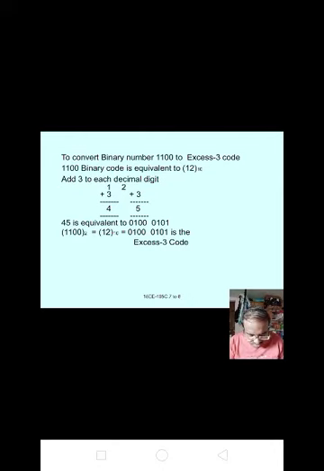That means here we are using 8421 code. 8 plus 4 is 12, so we are taking that value. Now we add 3 to each digit, 1 and 2. 3 plus 1 is 4, 3 plus 2 is 5. Now the BCD equivalent of 12 base 10 is 4 5. We are converting that 4 5 to binary code. 4 means 0100, 5 means 0101. Okay, it is the XS3 code.